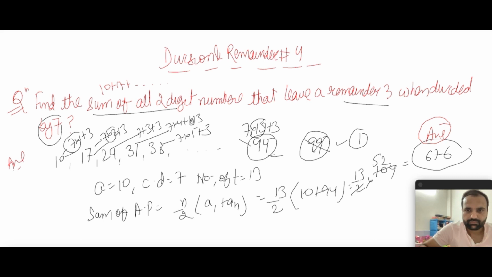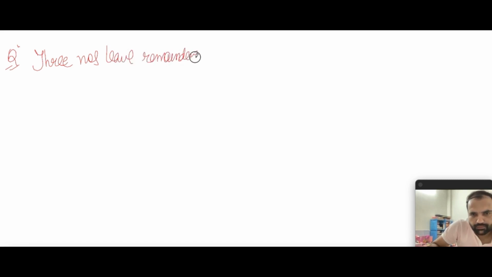Okay, so now let's do the second question. So this would be the second question, and then we'll see what concept we can learn from this as well. So 3 numbers leave remainders of 43, 47, 49 on